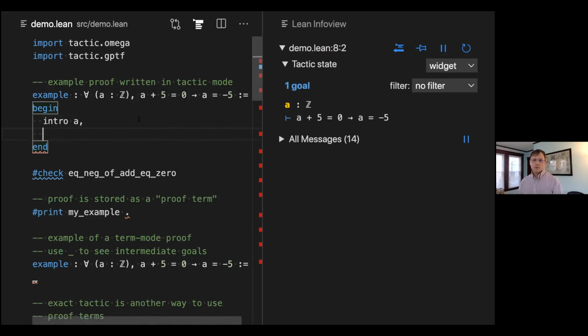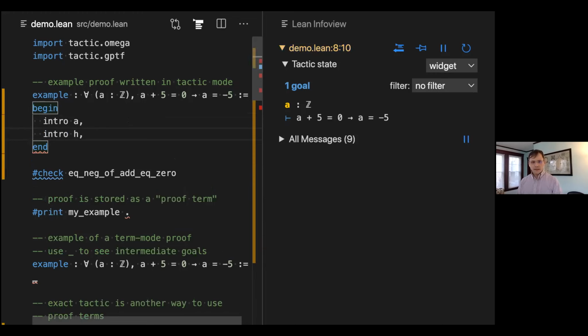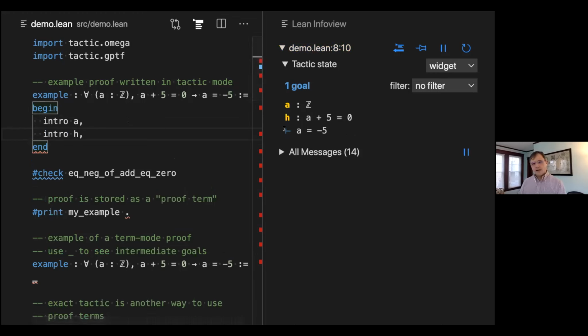Now what we want to prove is an if-then. As I've told my students, if you want to prove an if-then, we'll assume the if and prove the then. You again do that with an intro. Now we've given a name H to this assumption, A plus 5 equals 0. One way to think about it is, instead of a name, you can think of it as some sort of witness to this fact, or proof that A plus 5 equals 0, that we assume we have. Now here's